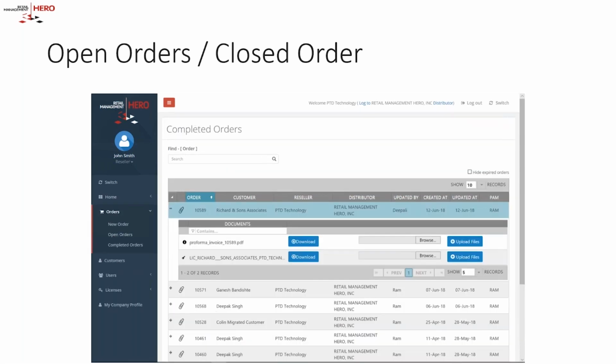Now notice that also, if I go to completed order, on the completed order, you will not only see your initial order number and your customer name, but you get the pro forma invoice and the licenses that are auto-generated. So as soon as your order is completed by our order people, the pro forma invoice is generated and attached,